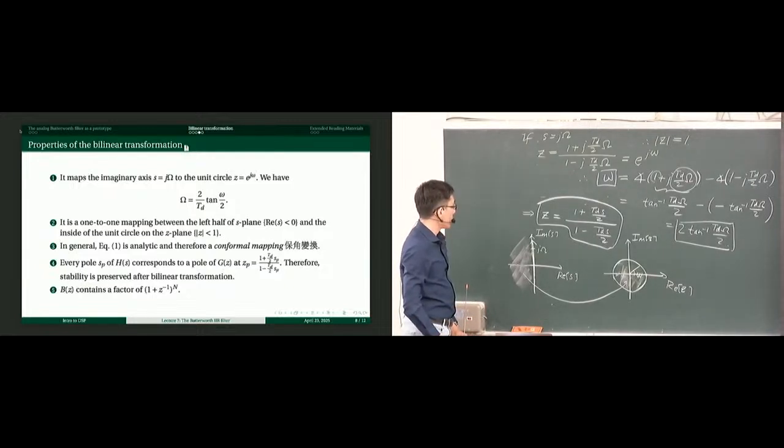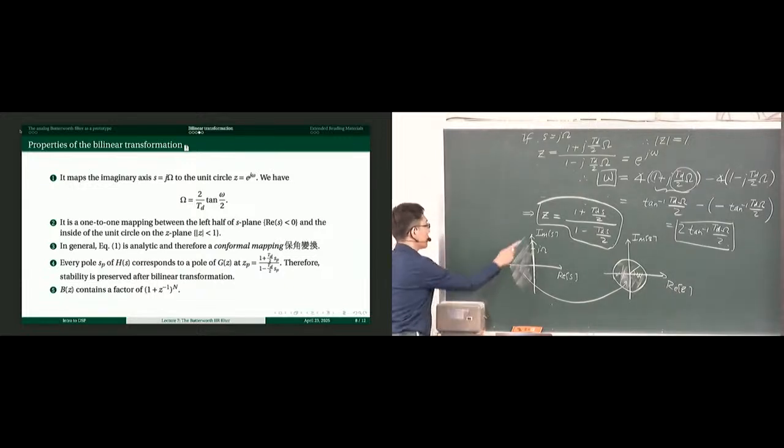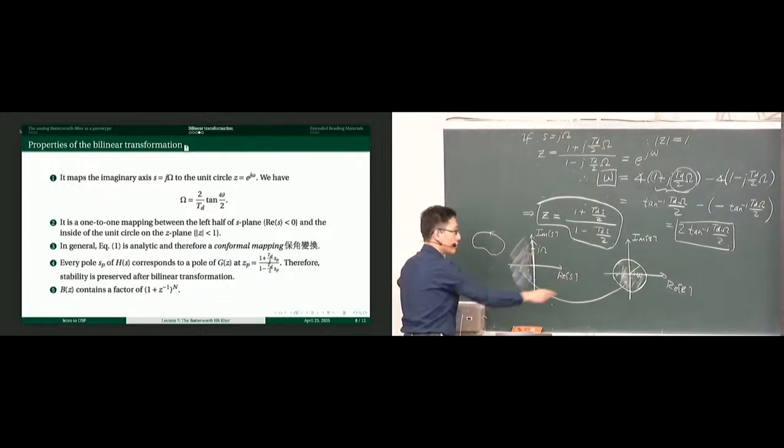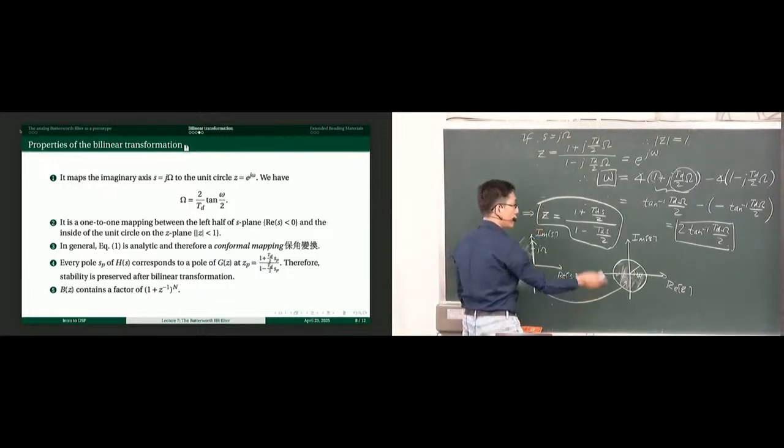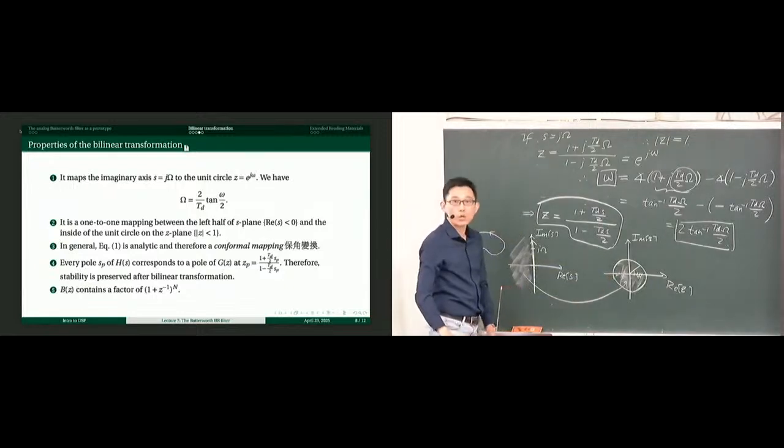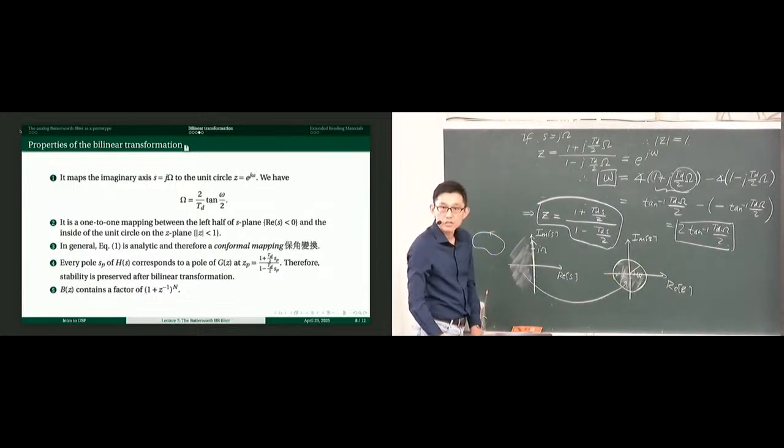So the principle is that this is a property of a complex function with a complex variable, okay? 复变的一个 basic property, which says that if you have a closed contour and the orientation is counterclockwise, and you take it from S to Z. In general, if your mapping is a so-called analytic function, 解析函数